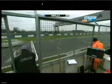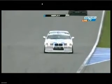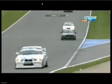So a win for Whittaker then. The man from Nottingham wins at his home circuit, and on that evidence, don't bet against him winning race 2 as well. The opposition are really going to have to work very hard indeed in order to